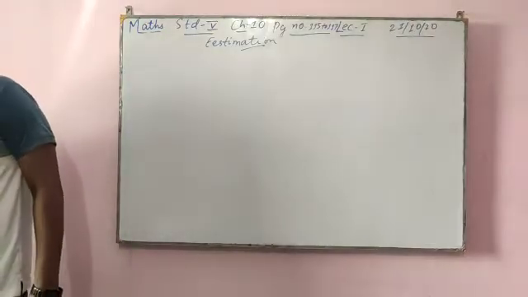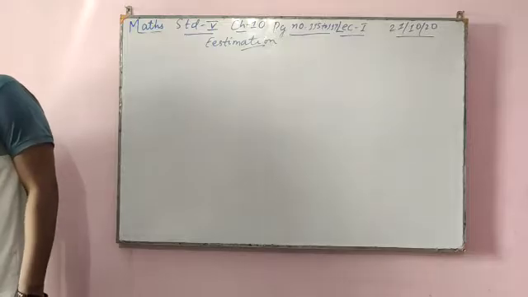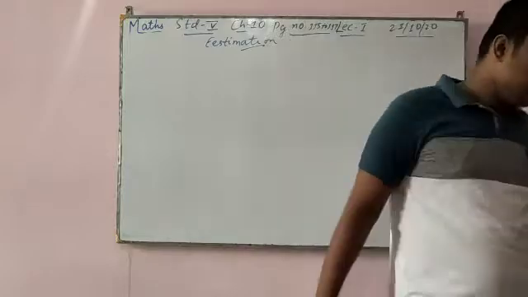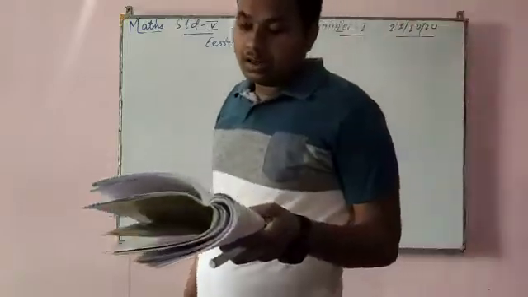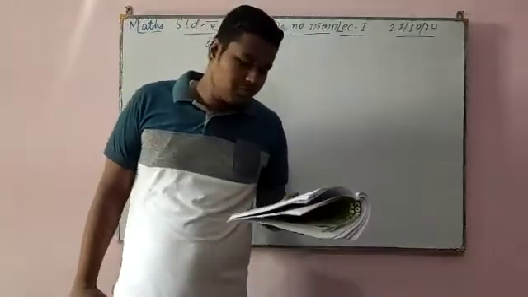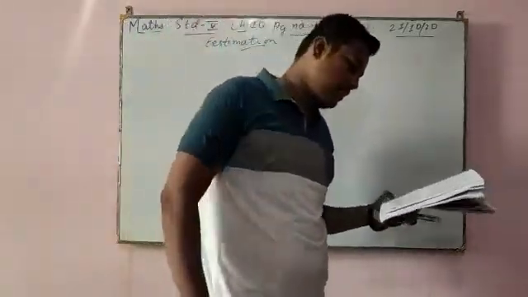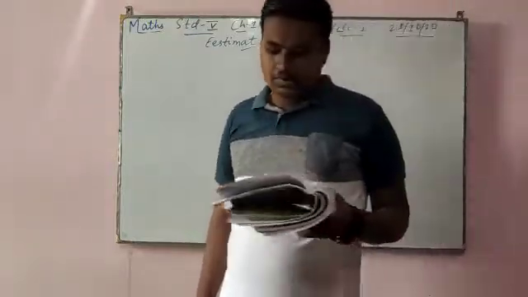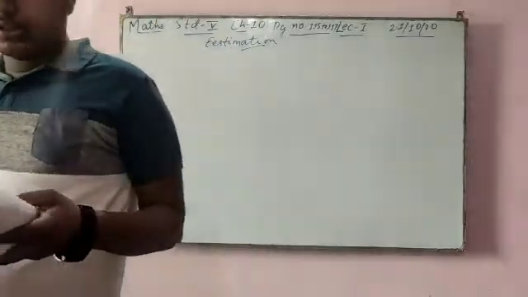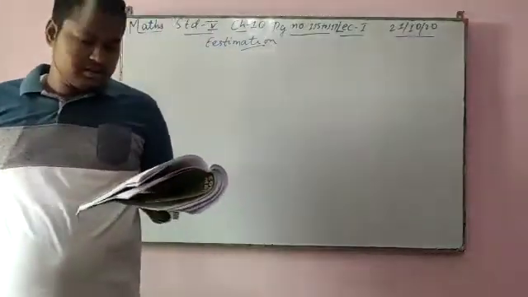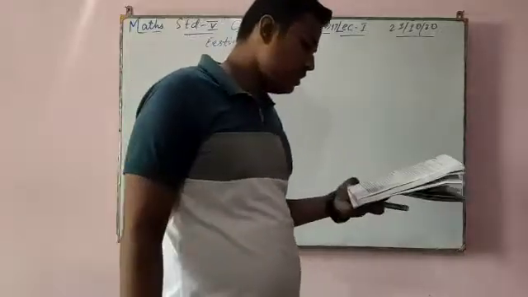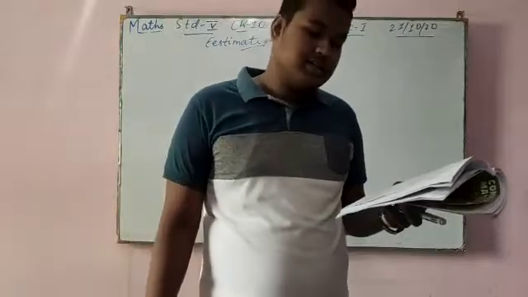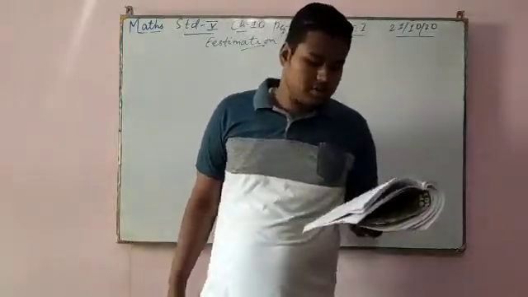See, when we round a given number to the nearest 10, we consider the number at the ones place. If the number at the ones place is 5 or more than 5, the number at the tens place is increased by 1, and the number at the ones place changes to 0. If the number at the ones place is less than 5, the number at the tens place remains the same and the number at the ones place changes to 0.